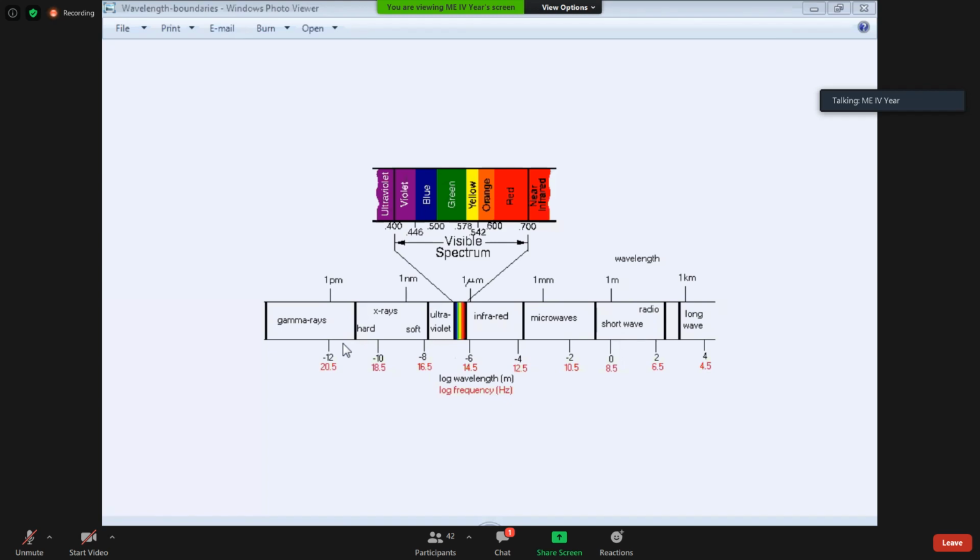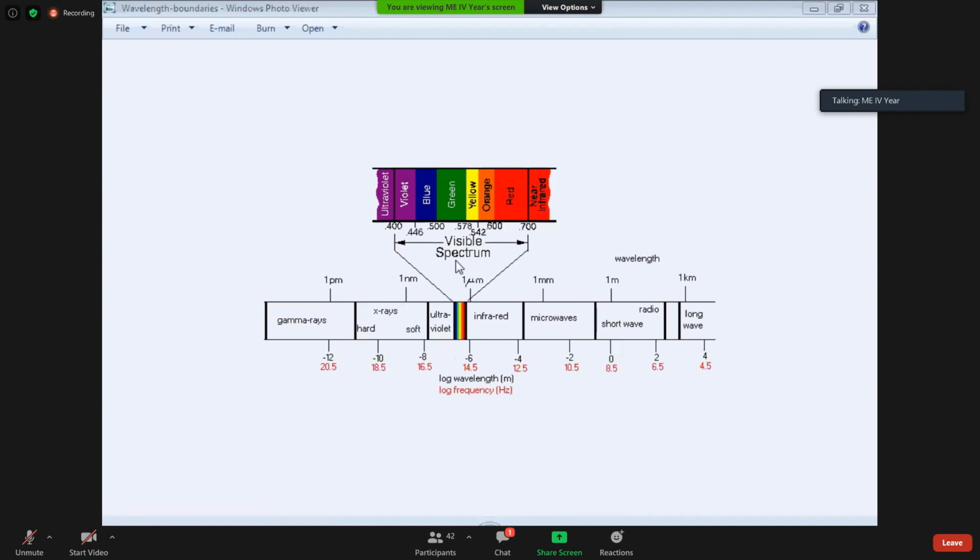Okay, so there is a proverb in Telugu also, something like this: when you try to do something, something else happens. So once this kind of ray is used too much on the human body, it will be very harmful to the human body. Is it clear to all of you?